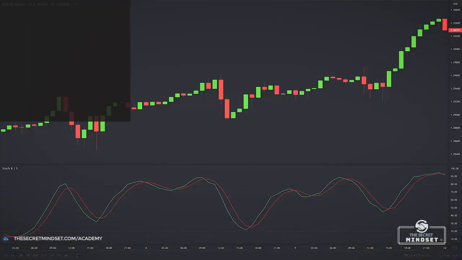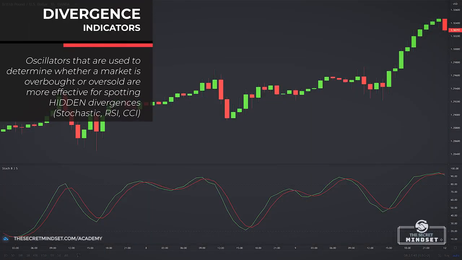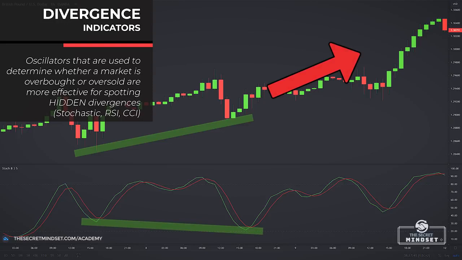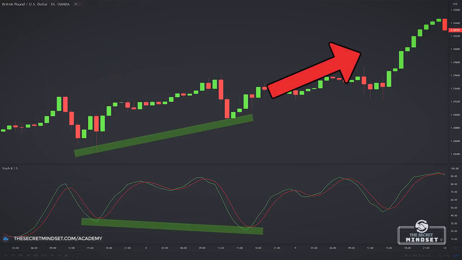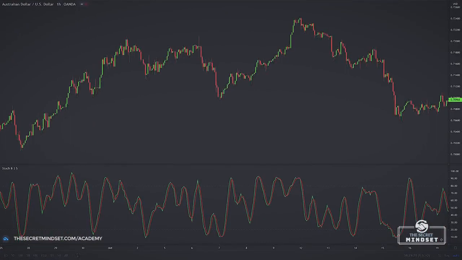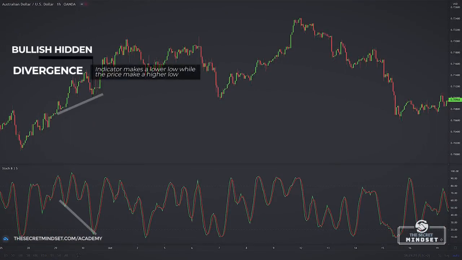From my experience, oscillators that are used to determine whether a market is overbought or oversold are more effective for spotting hidden divergences. Stochastic indicator and the RSI are perfect to find hidden divergences, which happens when the technical indicator shows a new extreme, but the corresponding price action doesn't. For example, in this bullish hidden divergence, the stochastic makes a lower low, while the price makes a higher low. In essence, when the price is higher than it was before, the indicator is lower, suggesting the market is much